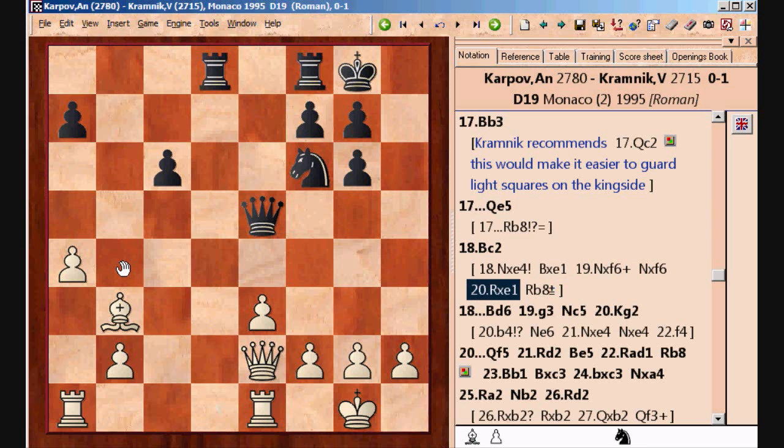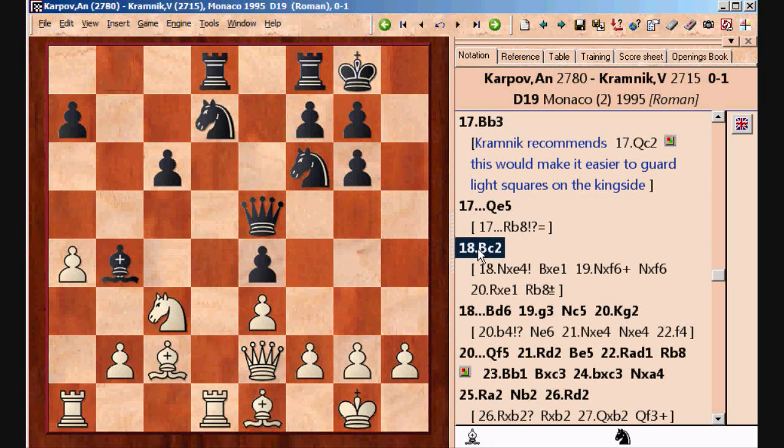Black would probably still get some counterplay here along the b file, but at least this is something that white should have done. In the game, he continued passively with bishop to c2, and it turned out that black is on time to generate some dangerous threats on the king side, and white's pieces aren't really well equipped to deal with that. Bishop d6, there's a threat of mate,